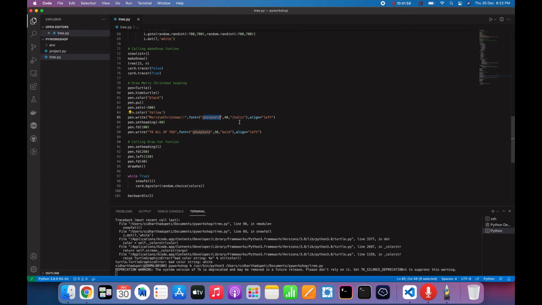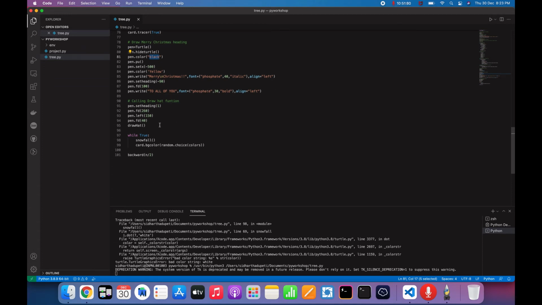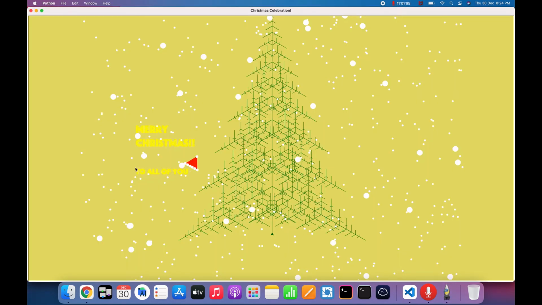I'm using the font Phosphate in italic. The font size needs to be 40, font color needs to be black, and all those things. I'm just mentioning those things here. And then I'm calling a draw hat function by mentioning the location of the hat, where I want the hat to be designed. I want the hat to be designed right on top of you, like Merry Christmas to all of you.